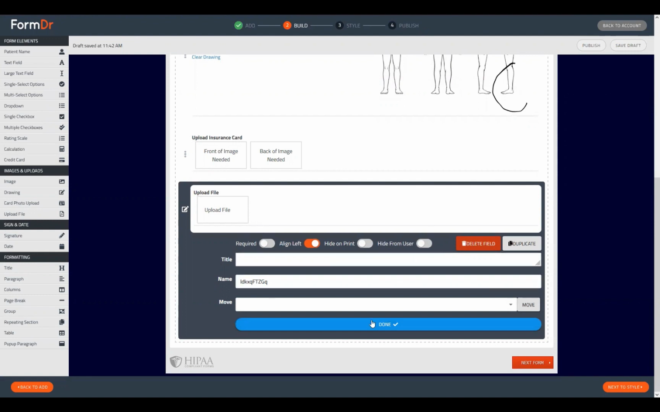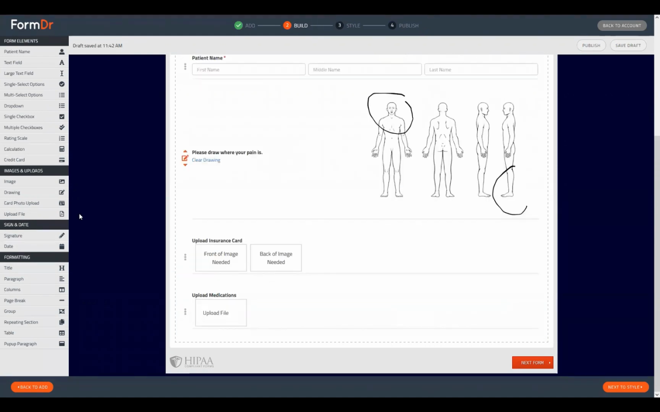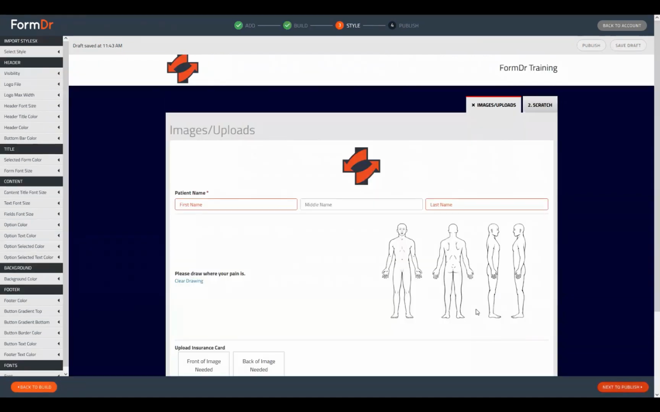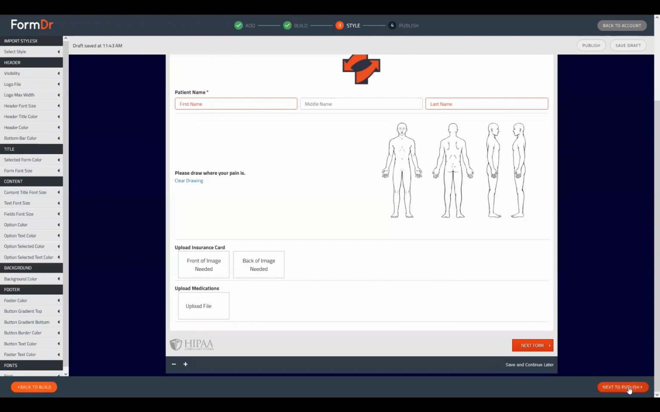This will have the required align and hide toggles available. Other than that, you'll only be able to change that title that will default to upload file. So maybe this is upload medications or something. And then from here, the patient will be able to upload any file type, as this widget will collect all of those. We'll go ahead and publish this form so we can take a look at these on the live